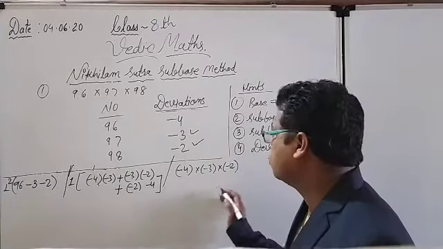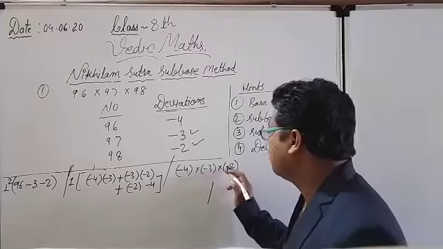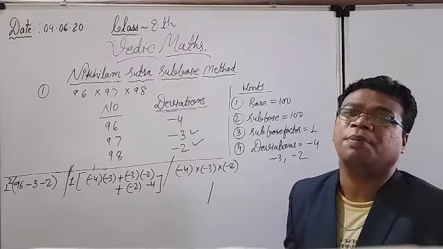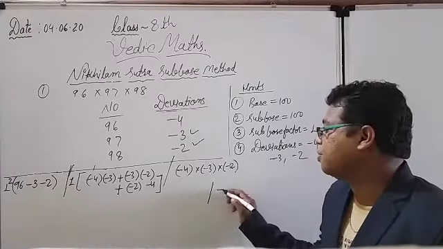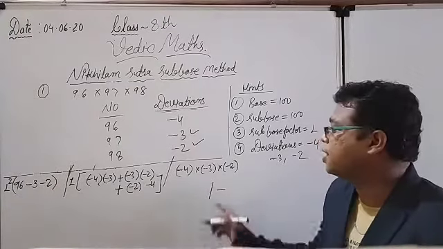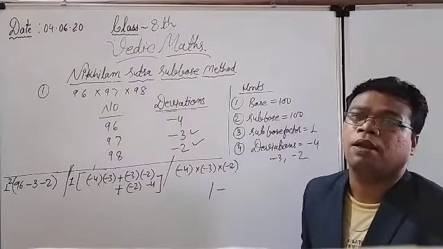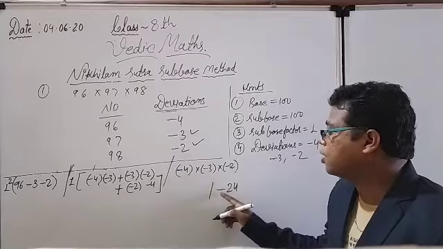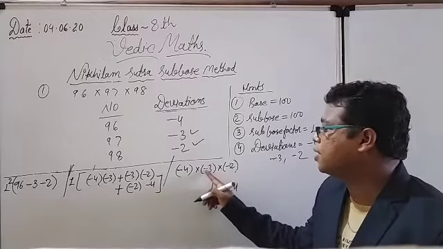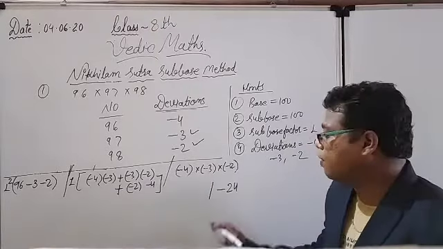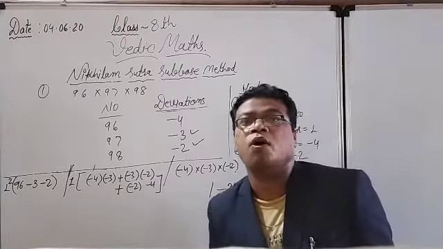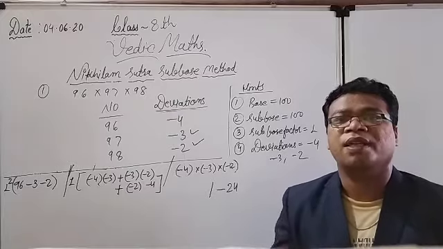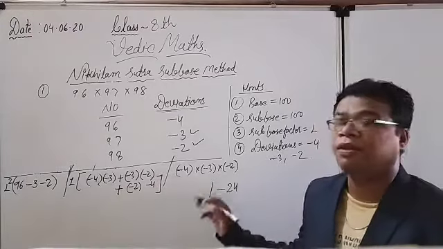See here, concentrate on the solution. There are three negative signs, 1, 2, 3. And if I multiply the three negative signs, my answer will again come in the negative form. And see here, 4 3s are 12, and 12 2s are 24. And what is the 24? Minus 24, because there are 3 negative signs. If the negative signs are odd in number, definitely my answer will come in the negative form. And if they are even in number, it will make the plus sign.